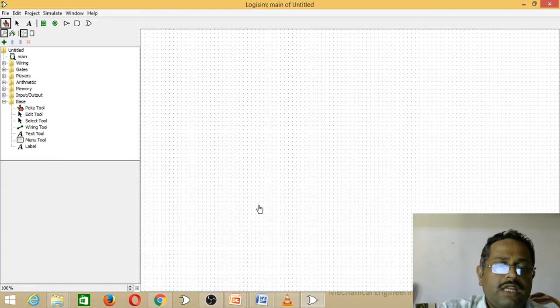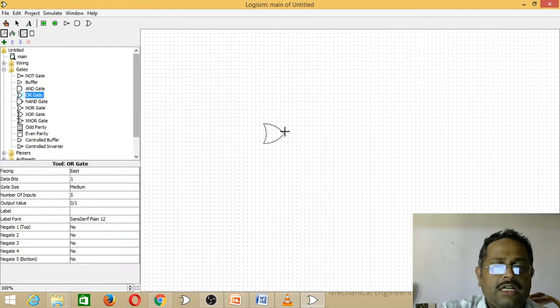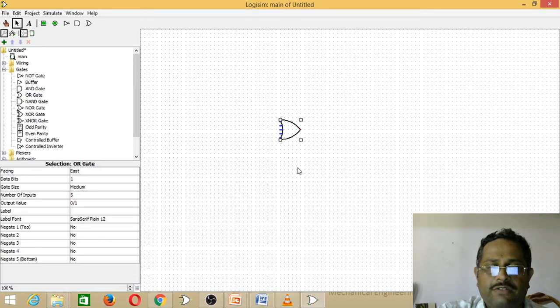Next I will demo how to build a circuit and how to simulate one simple circuit. First I will take an example of an OR gate. First, insert an OR gate from the gates folder. To insert that, we just click on the OR gate and drag it onto the canvas window. By default, the gate will come with 5 inputs.